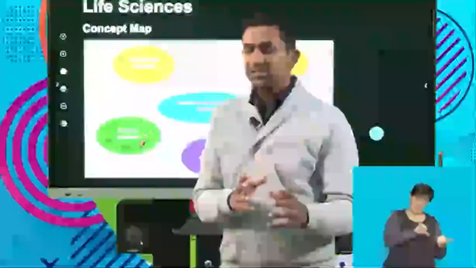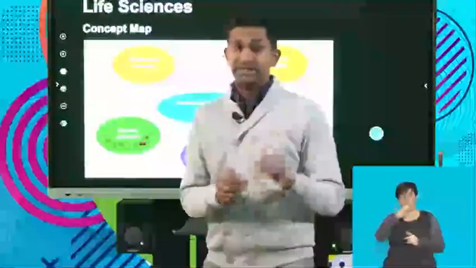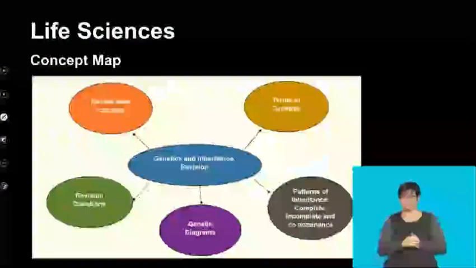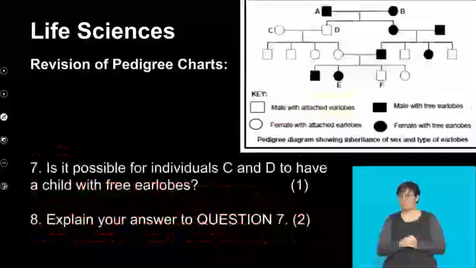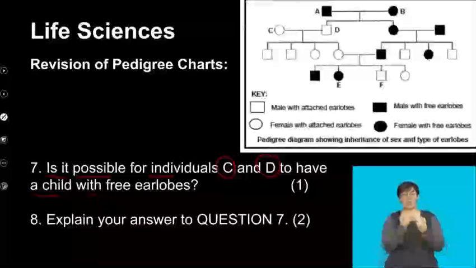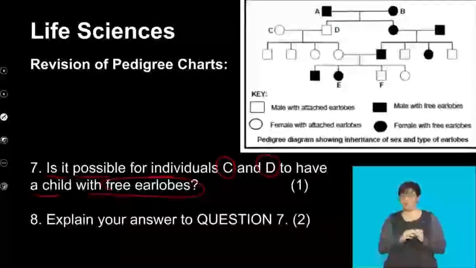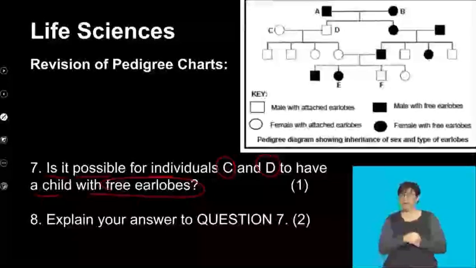I'd like to go back to that and unpack some of that when we look at how pedigree diagrams are interpreted. So again, I'm going to refer to this chart, and the question that we're going to get onto is, is it possible for individuals C and D to have a child with free earlobes? So guys, when we look at individuals C and D, if we remember, I illustrated this earlier on